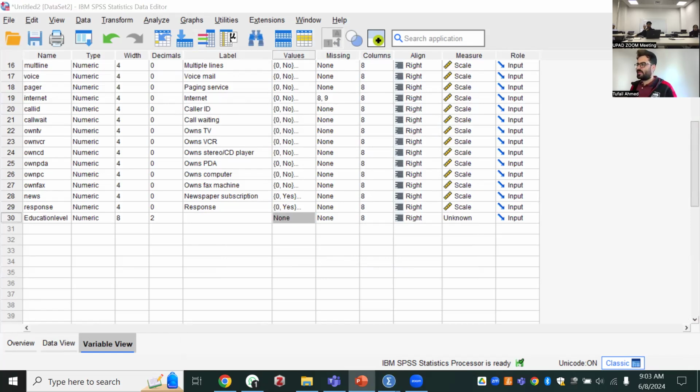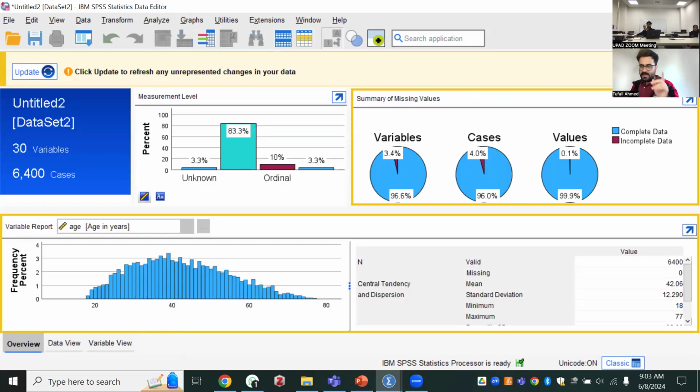Actually, I was telling, I have a slide next to it. I just wanted to show them the views of the data: data view, variable view, and overview. And then the next slide was how can we add data to a new data set. So I'm going to share my slides again, and they will see step by step in slides first, and then we will do them practically in a new sheet without loading any data, right?